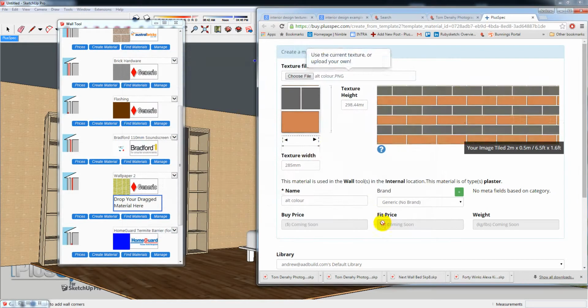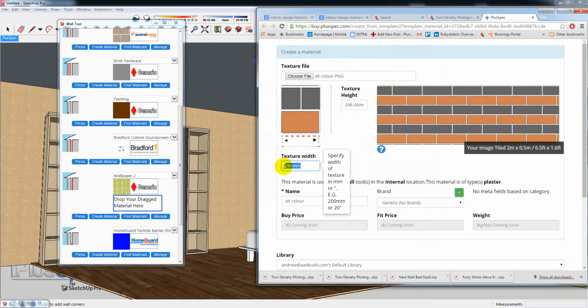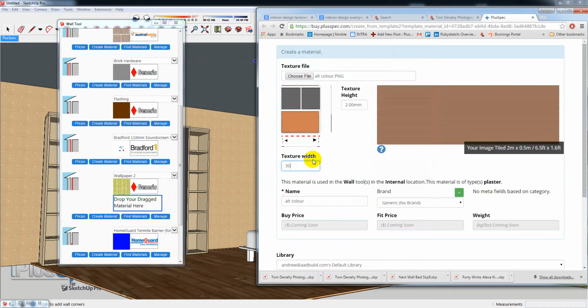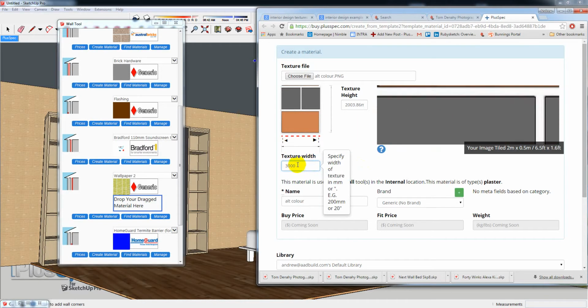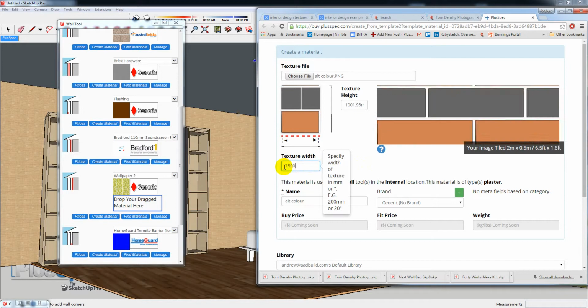I'm going to go open, and it's now come up and shown me how it's going to look on the wall. But it's also given me the ability to change the width of the texture. So for instance, it might be a flower, and the total distance of the flower from here to here might be 300 millimeters. So I can type in 300 millimeters, and you'll see that it's changed the size over here. If I said 3000 millimeters, it's going to be massive. Okay, so what I might do is make it, I don't know, 1500 millimeters is the size of